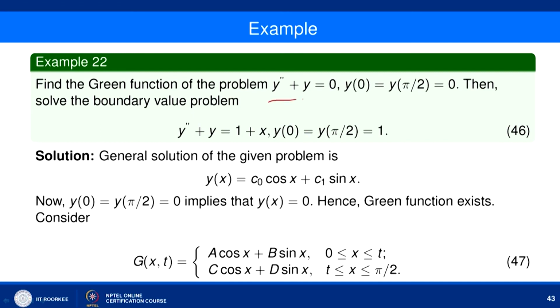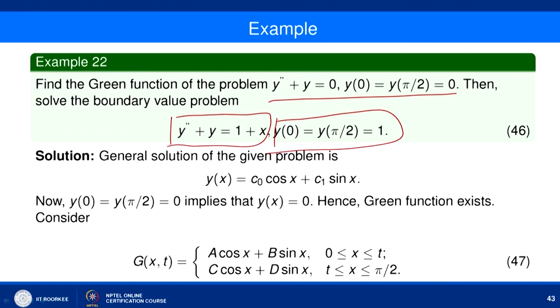So, we start with the homogeneous problem, and with the help of the Green's function we try to solve the non-homogeneous equation along with the non-homogeneous boundary condition here. So, first let us find out the Green's function. To find the Green's function we have to look at the homogeneous equation along with the homogeneous boundary condition,